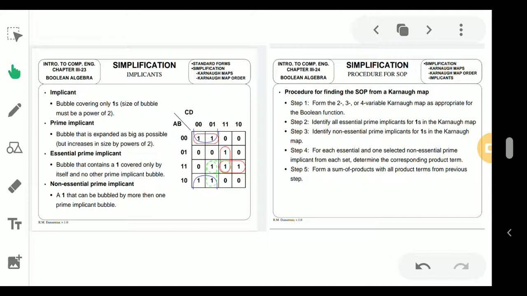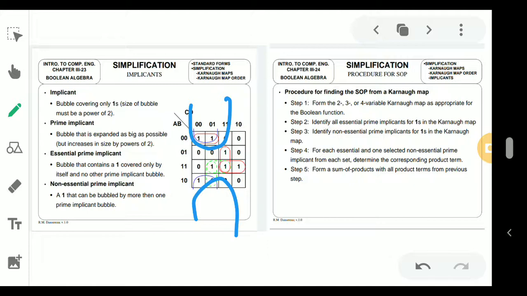One more thing is there: the folding method. See over here, if you fold the paper and join, this part also becomes one over here. That's why we can take four ones in this format. So taking this one, and if you combine these two, this becomes four ones. My motto is to take as many ones as possible over here.